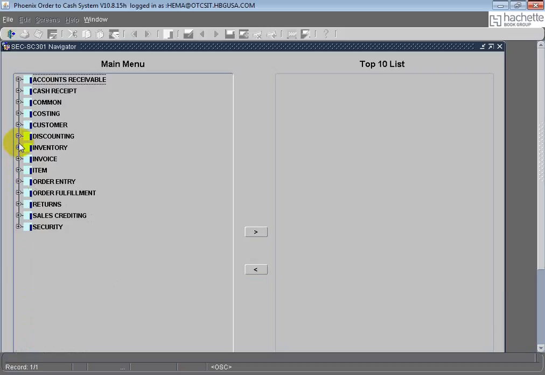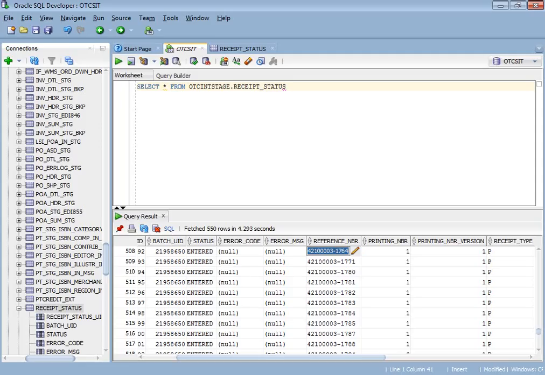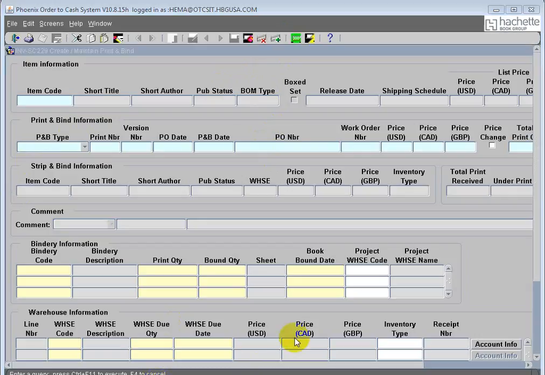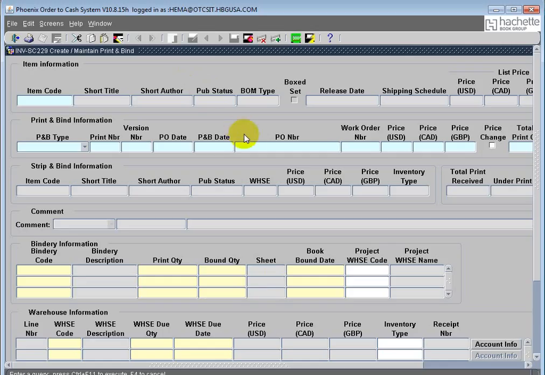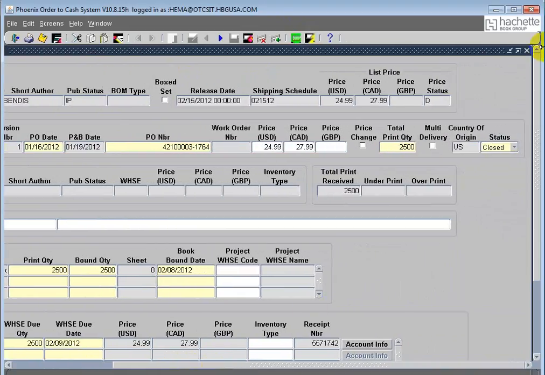Once the data is received from WMS, the status is closed.